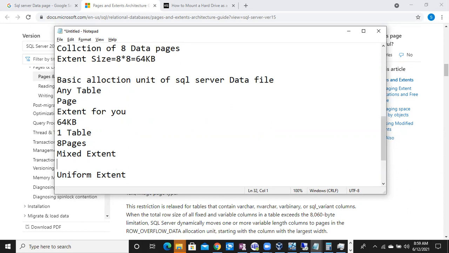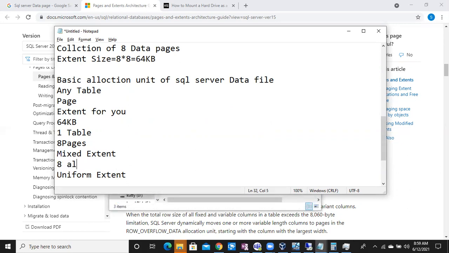Mixed extent means all the 8 pages can be used to store multiple objects. Objects means tables, stored procedures, indexes. Everything is an object only. So in a mixed extent, you will get 8 pages, right?